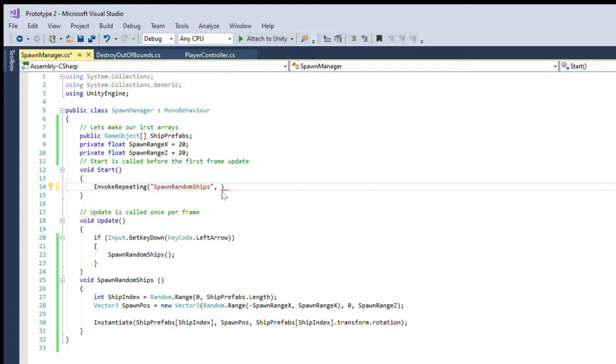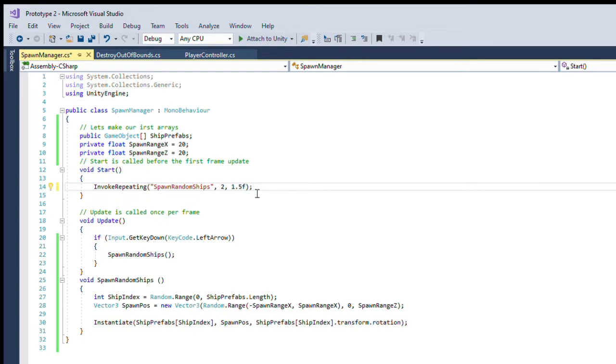So here it says, invokes the method name in time seconds, then repeatedly every repeatRate seconds. So we'll just put 2 here, and then comma, and then maybe 1.5, it's a float, and then I'll just close